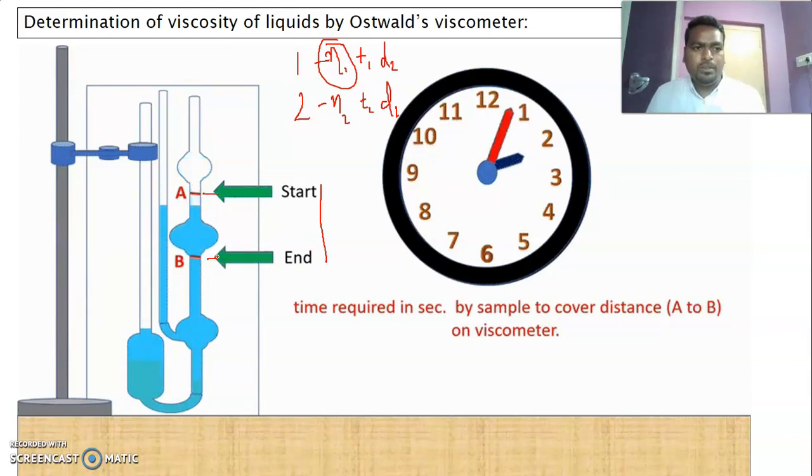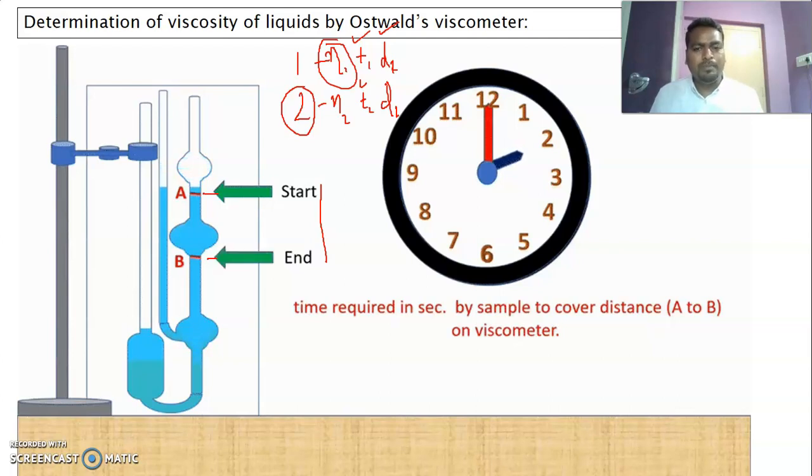We are going to repeat this for the same liquid. We are going to do 2 more trials, and finally identify the concordant value, the correct value. Similarly, we are going to repeat the same for the known liquid. So with this experiment we have calculated t1 and t2, and by using a density bottle we are going to calculate the density of the liquids, that is by measuring volume and mass.